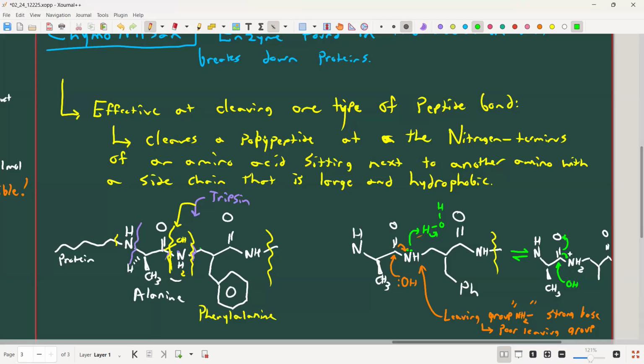We need a nucleophile. We could use OH. We need an acid to protonate our NH, right? The pKa needs to be low enough that this becomes protonated. You see a problem? We need a base and an acid. We need some sort of nucleophile, which is typically basic, but we also need an acid to protonate, because